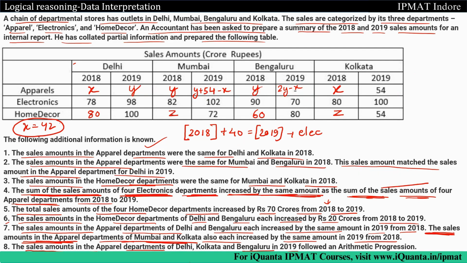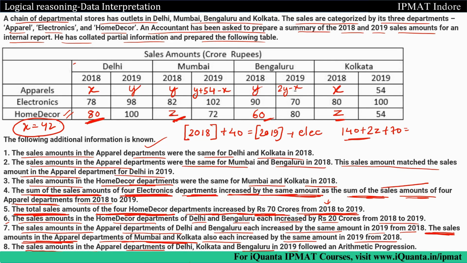Now how to make an equation in form of z? z is a variable which is involved with the department home decor, right? So we'll find out clues related to the home decor department. So in the fifth one, the total sales amount of the home decor department increased by 70 crore from 2018 to 19. So 2018 total sales of home decor department will be 80 plus z plus 60 plus z. That means how much? 140 plus 2z. So 140 plus 2z increase by 70. That means in the sales of 2018 we'll add 70 more and we'll get the total sales of home decor